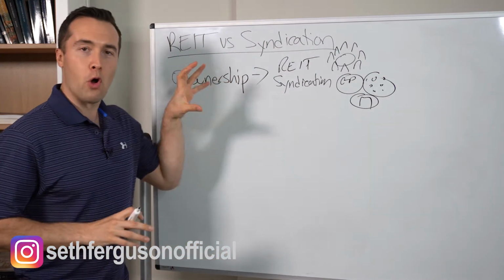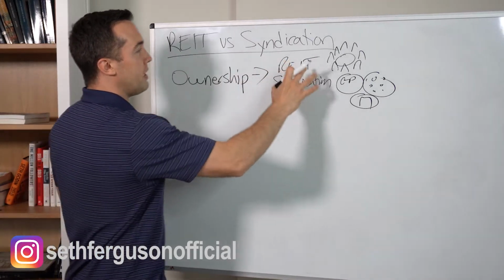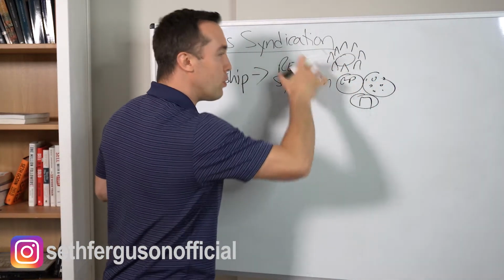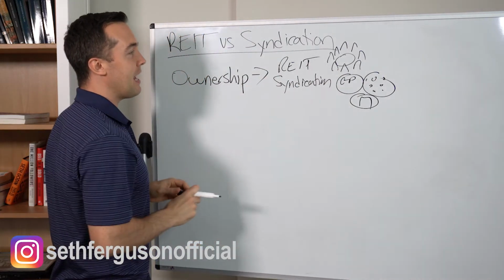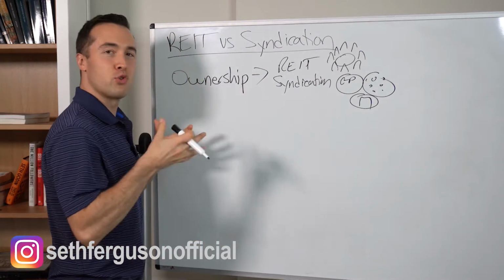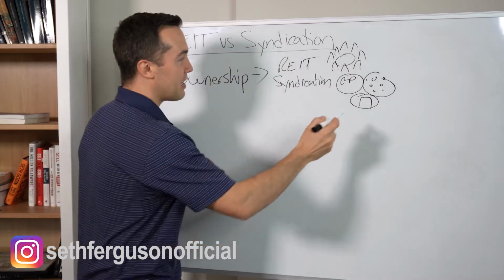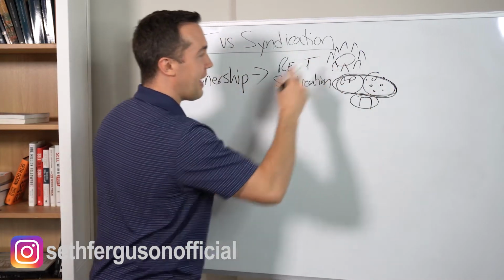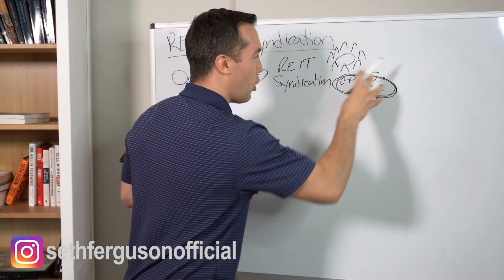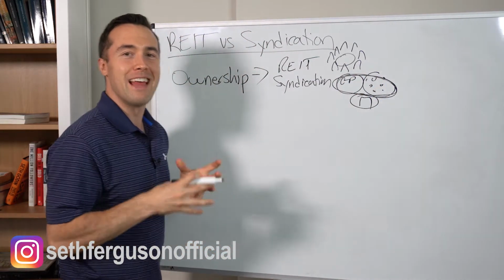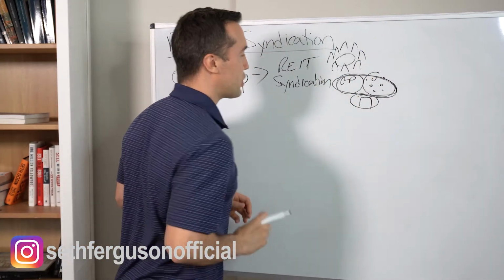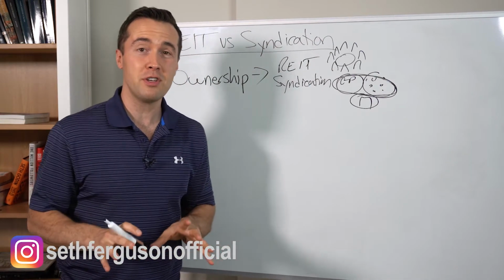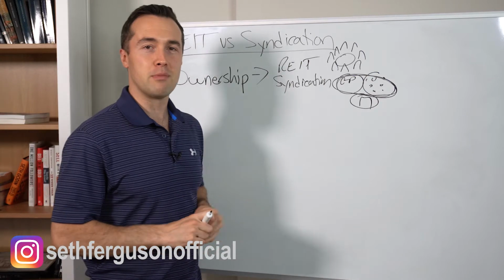So in terms of ownership, with the REIT, you own shares, so you own a piece of the company that owns the real estate. But with the syndication, you're actually owning a direct interest in the property because you have the entity that owns the real estate, and within that entity, you have direct ownership. You have equity in that property through the ownership structure.